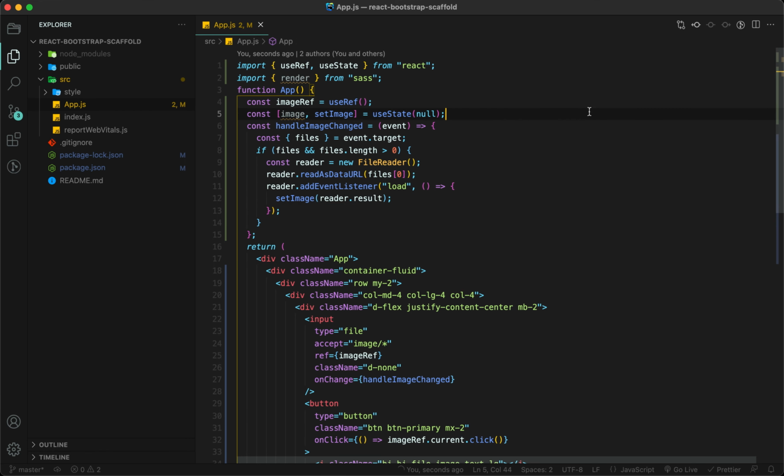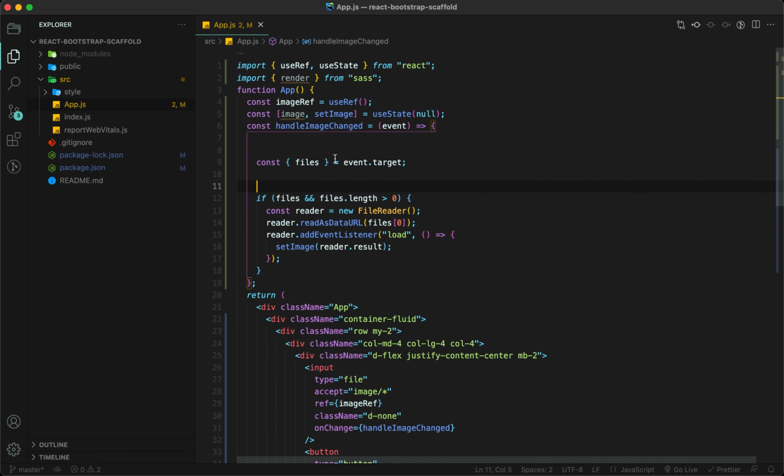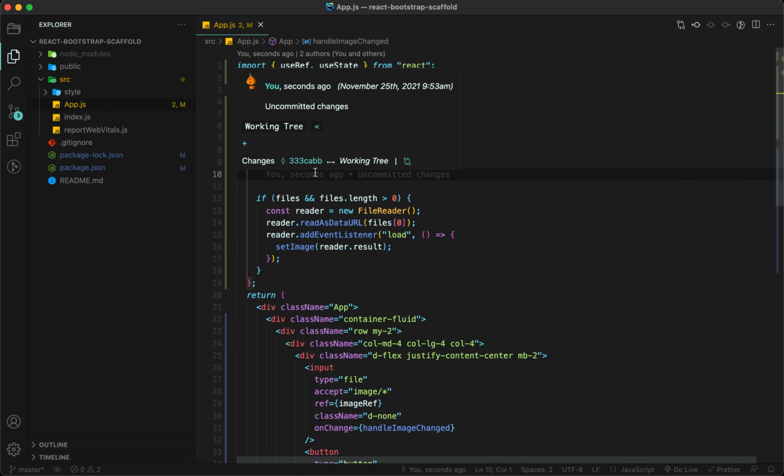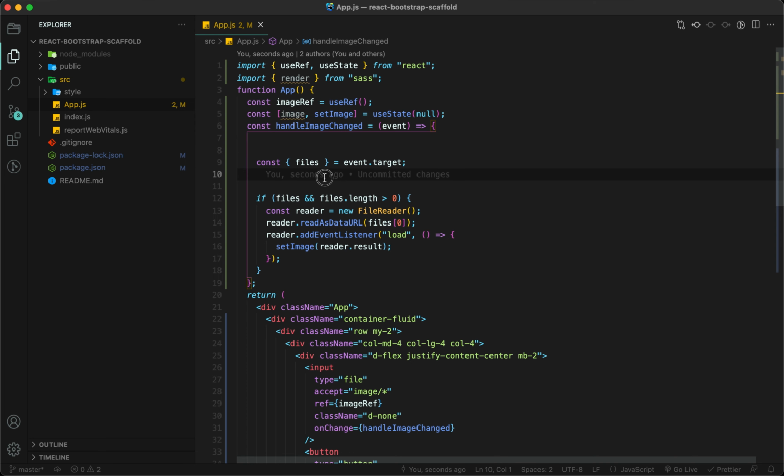Let me explain it once more. First of all, we expand our event.target and extract files. Files means we could select multiple files, but since we have selected a single file, I am going to use index 0. After that, I created a FileReader and passed the 0 index of files here, and it will read it as a data URL.